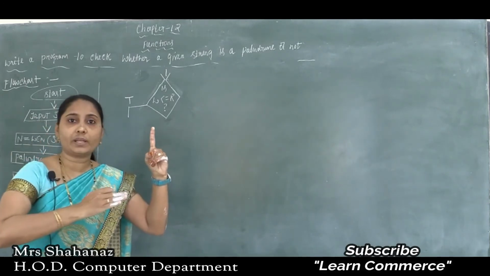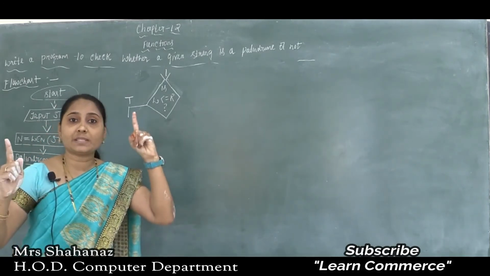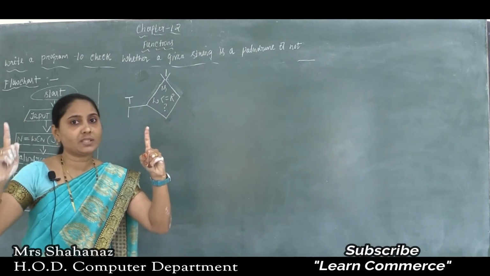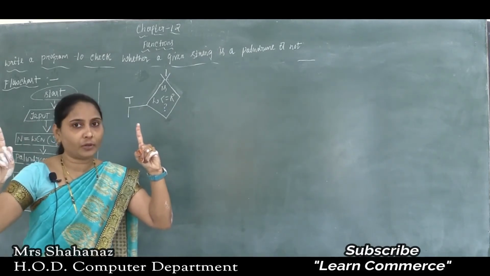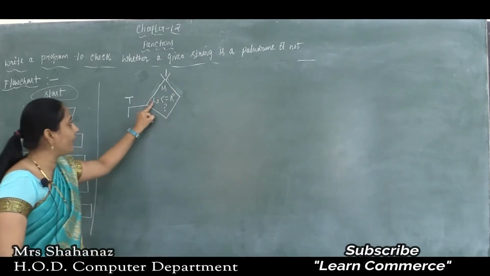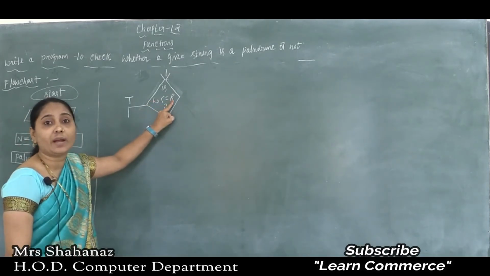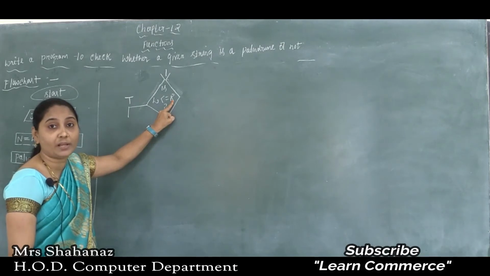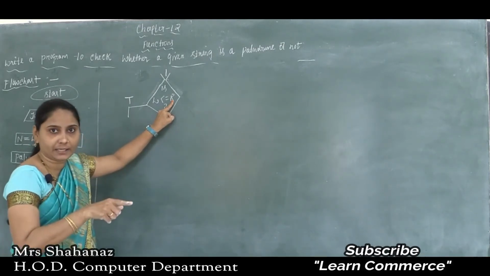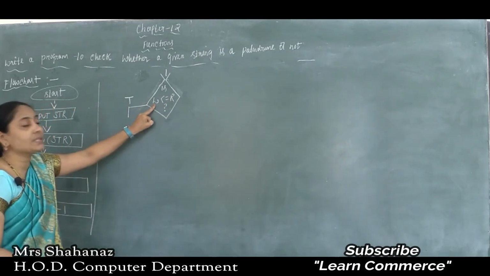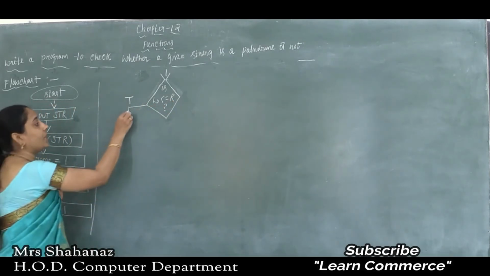The second value will get as 1 and 3. That means left value is 1, right value is 3. So the 1 value is less when you compare it with the third value here, and maybe the L value is equal to R. That means the second value is equal to the second position value. At that time we got the character D. Correct? So the L value is less than the R value.